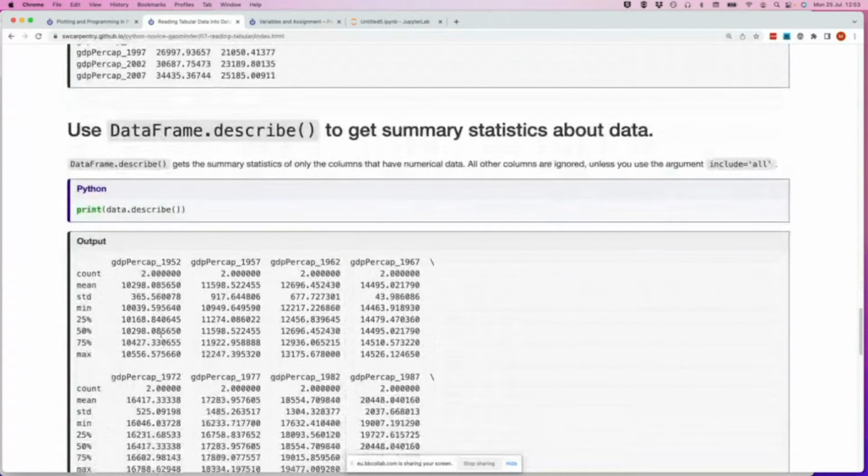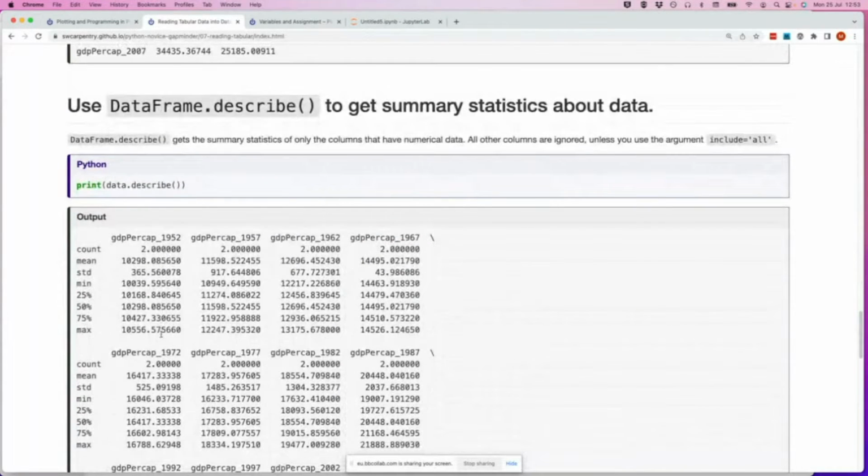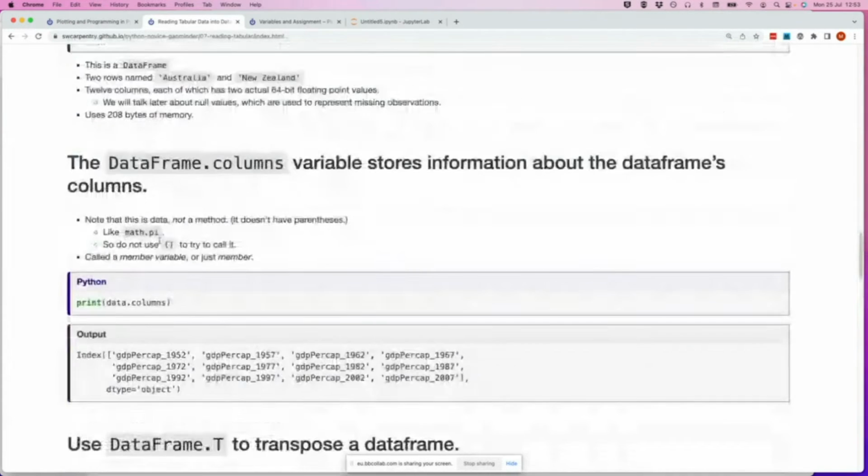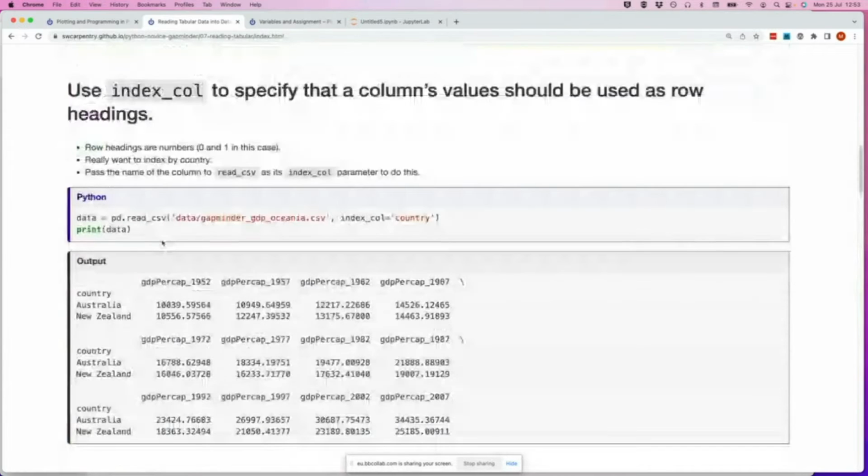And then there's various things you can do. You can do a data describe, which is doing a whole bunch of statistics on the various sets of measurements. So for the first time, this GDP life expectancy data was collected for 1952. It's working out what was the mean GDP for all of the countries over all of the continents for that year. Well, hold on a second, because I just remembered what we loaded in was just the Oceania data